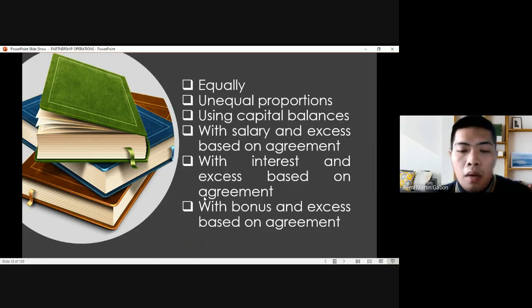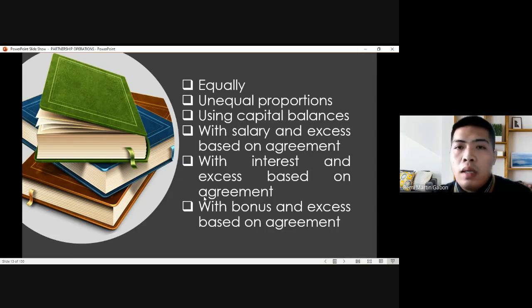Okay, so they may agree to have it equally, or using an unequal proportion, or they may use ratios or percentages. Okay, using capital balances, they may use their current capital balance, or they may make ratio or percentages based on their capital balances,